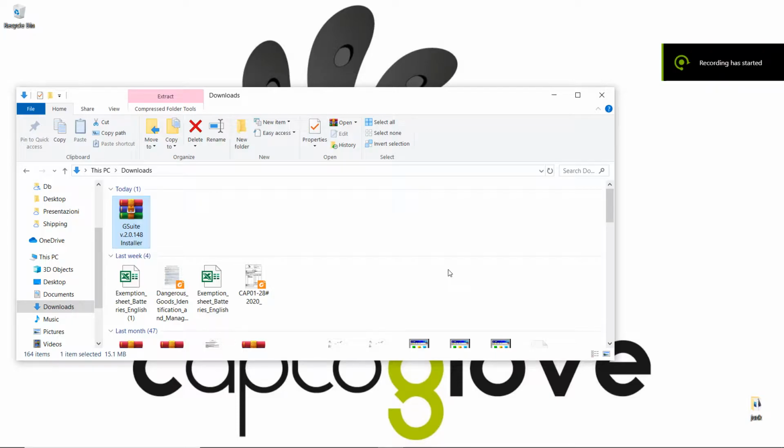Hello everyone, and in this video we're going to show you how to install the new CaptoSuite utilizing the new G Suite installer. So now we have downloaded the G Suite 2.0.148 installer file from the Capto website, and now we are going to open this file,